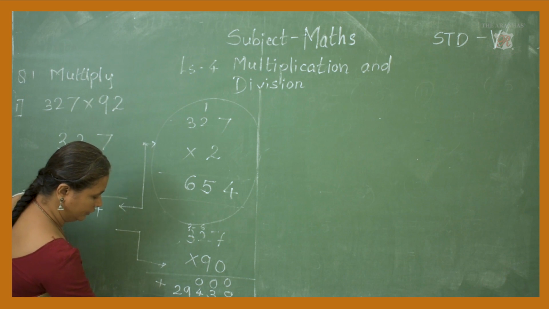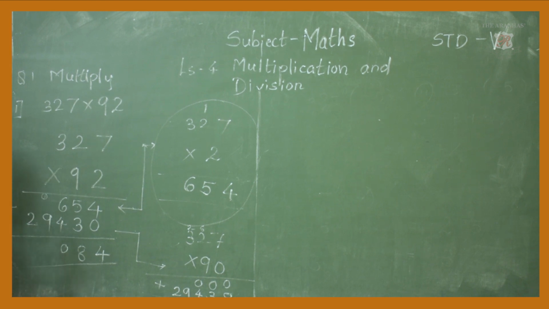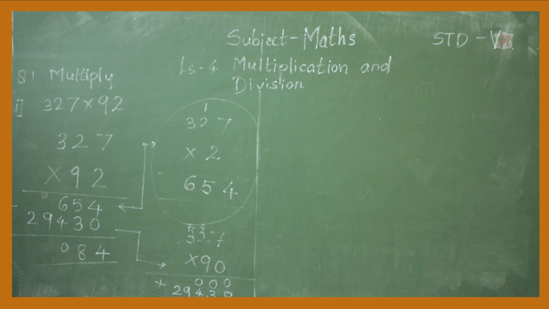Now what is the answer? 29430. Okay, so right here 3, 4, 9, 2. Okay, and 4, 5 plus 3 is 8, 6 plus 4 is 10. So 1 we carry; that number we write very small and draw a circle around it, so you can understand that it is a carry one. Now it is not a number, it is a carry which is taken from the previous number. Okay, then it is 10.